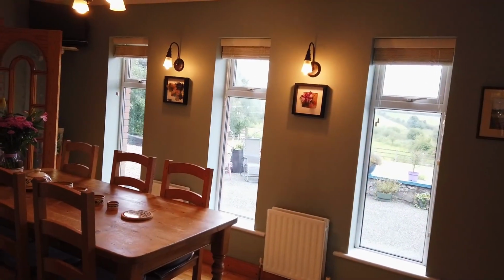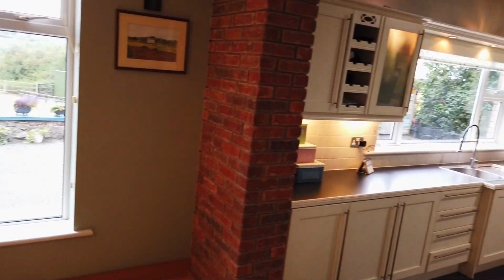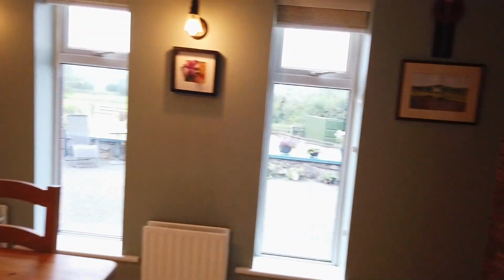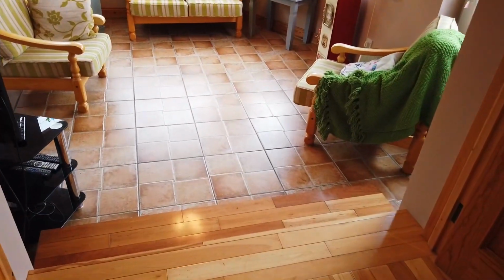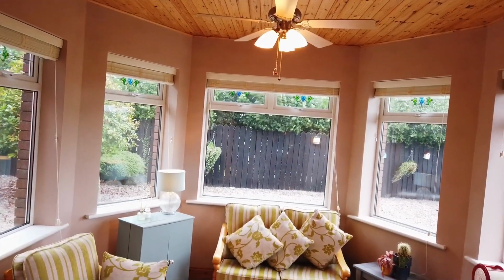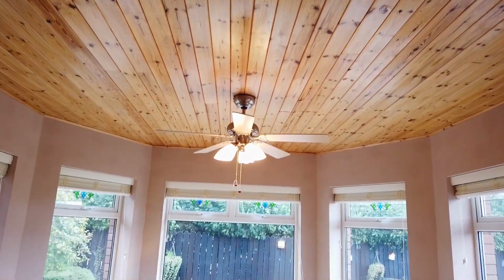Now, I'm going towards the back of the house, and in this space you have this lovely left to right full width accommodation, which runs right from sunroom to utility room. So we'll begin far left in the utility room. Nice sense of separation from the rest of the house, because there's a little step down, which is lovely. And then you're into this lovely 4x4, 3x4 sunroom, tiled floor, lovely tongue and groove wooden ceiling,